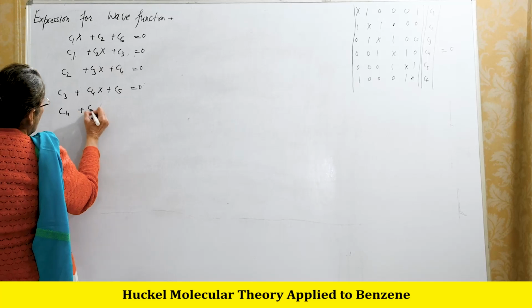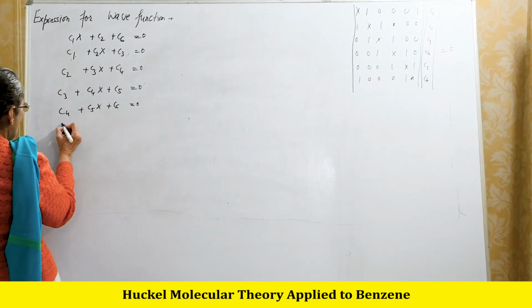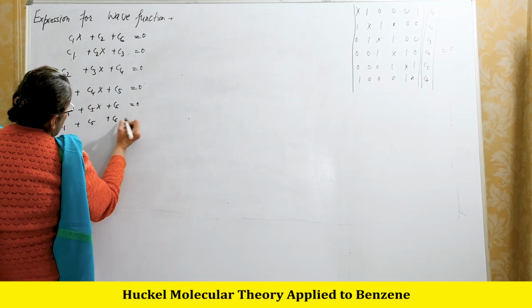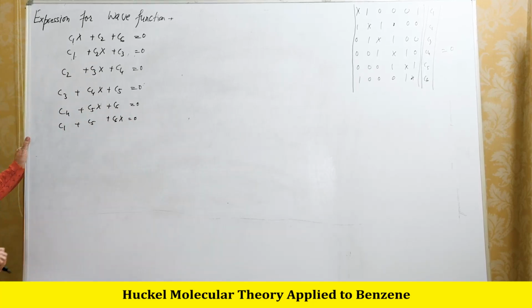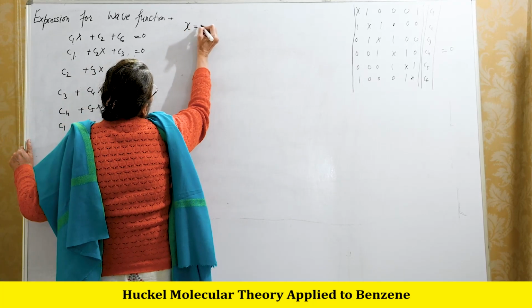C4 plus C5x plus C6 is equal to 0, and C1 plus C5 plus C6x is equal to 0. We get these circular equations when we multiply with coefficients, and suppose I take x is equal to